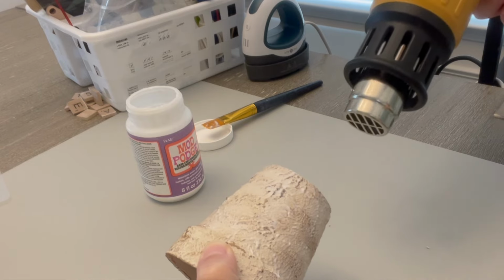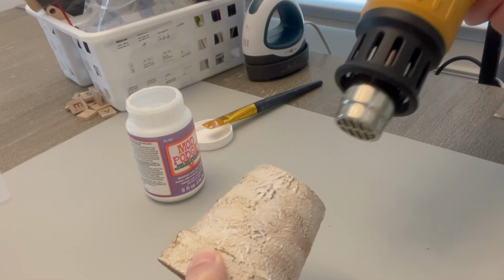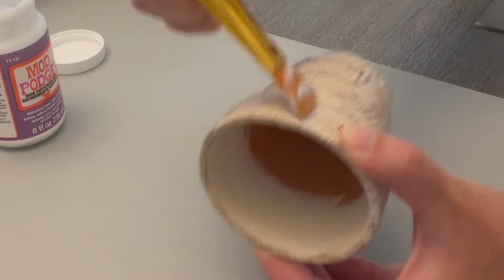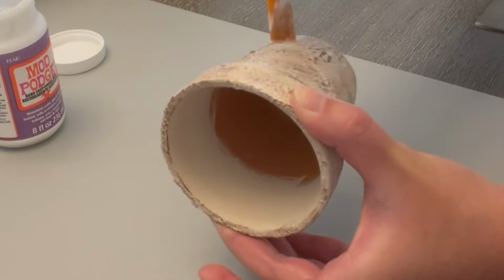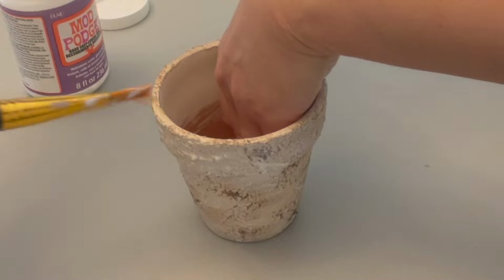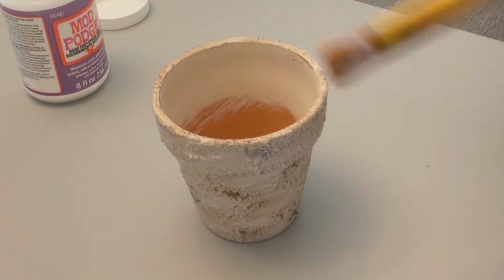I am just drying the bottom with my heat gun so that I can set it down and cover the rest with Mod Podge. If you do not have a heat gun, I highly recommend using a hairdryer. I used to use my hairdryer on low heat, but my hairdryer bit the dust. It doesn't have a heat element anymore, and I never dry my hair, so I got myself a heat gun